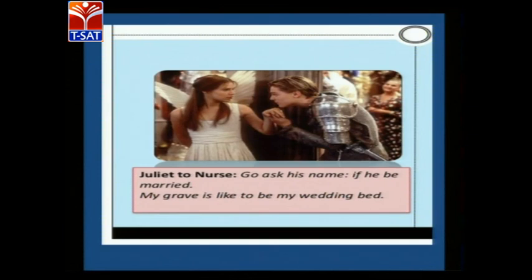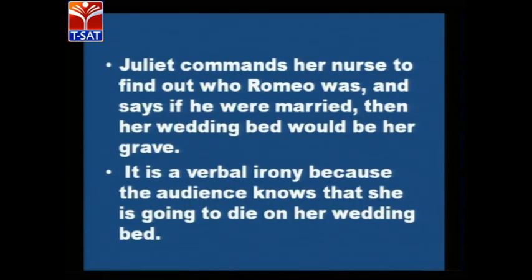If he be married, my grave is like to be my wedding bed. And here Juliet commands her nurse to find out who Romeo was. She was in love with Romeo at first sight, and says if he were married, then her wedding bed would be her grave. It is one verbal irony, and also it is one example for dramatic irony also,